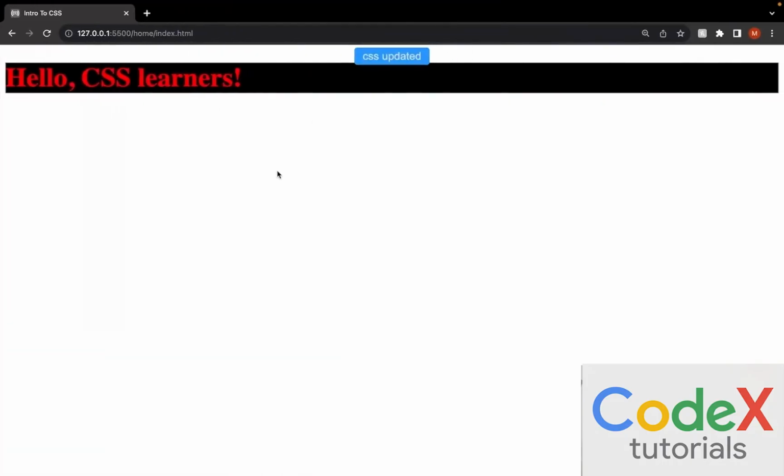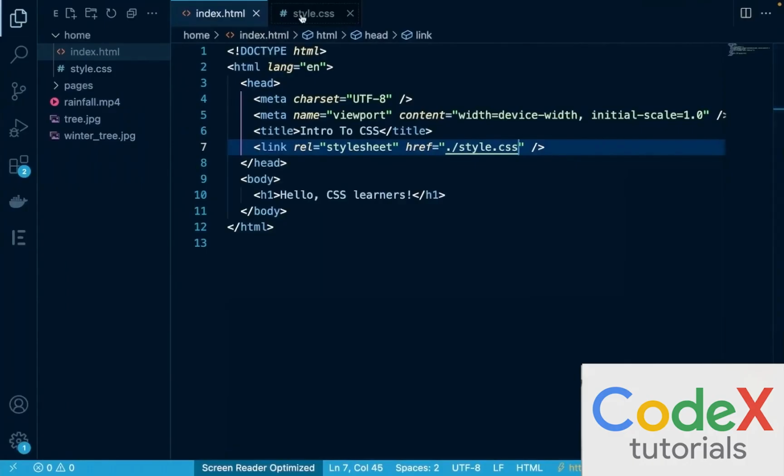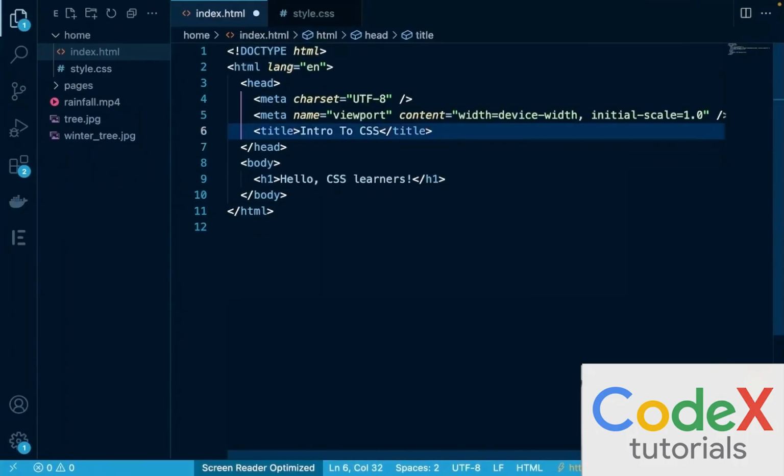Now, when I go back, you can see that I am still able to get the CSS for my H1 present in the document. This is the external way of adding CSS to your project. And finally, the last way, and I would say it's more of a non-way of adding CSS unless there is a specific requirement for it, is to use